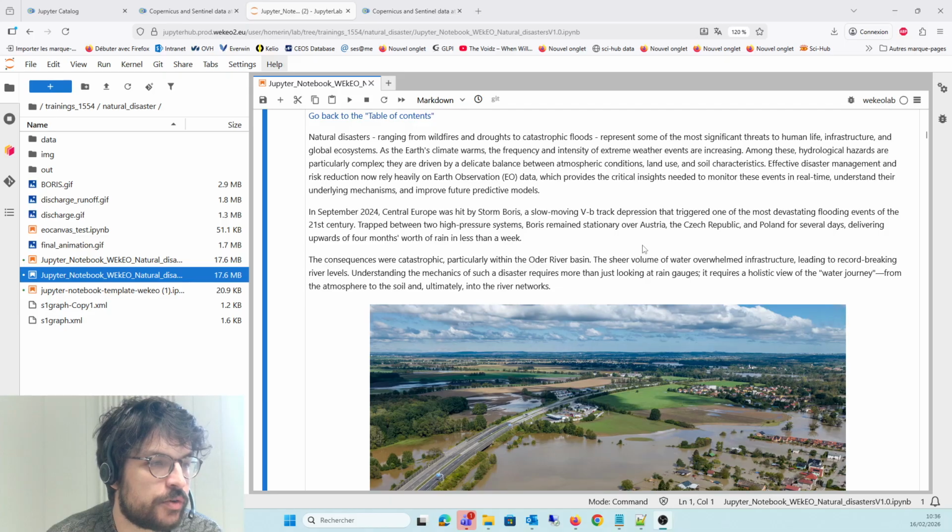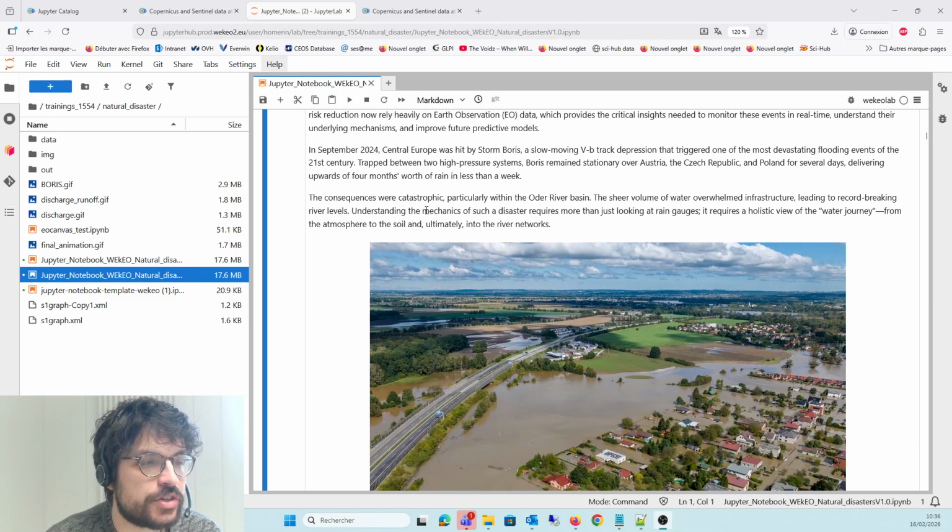The Oder is a river that goes through Poland, mostly, and there was so much water that the infrastructure couldn't handle it, and we had record-breaking river levels in this region. So in this notebook, we'll try to monitor the water journey of this flood over the Oder River basin.